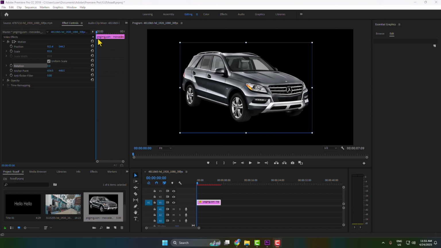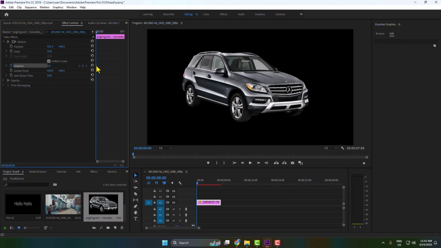Now you have to move this playhead to the 0 second, just like this, and then add a keyframe. Here you can see the keyframe added. Now move this playhead to 3 seconds. So here select 3 seconds and then again add a keyframe. Now give here a rotation value 15x, and then